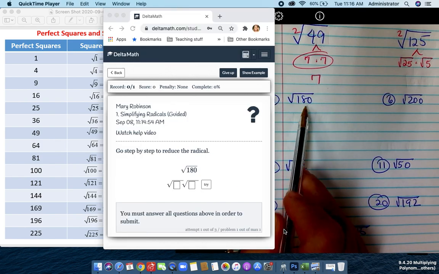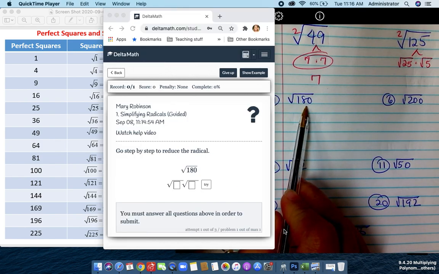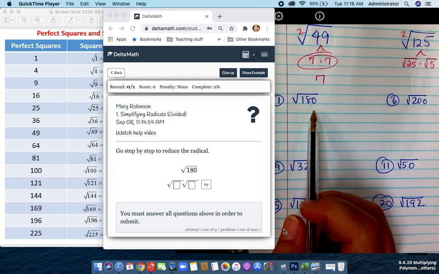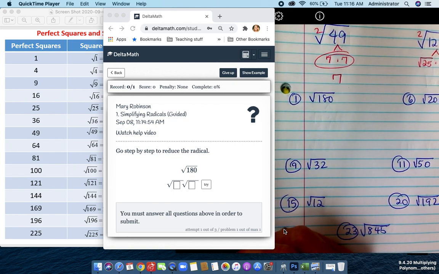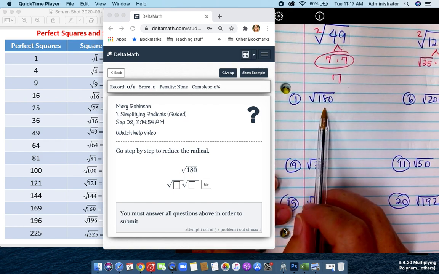So if we are going to simplify the square root of 180, there are two approaches that I'm going to teach you for simplifying radicals. And then I will end up showing you a calculator method that can work for larger numbers when we cannot easily determine a perfect square root factor. So for number one, we can look at